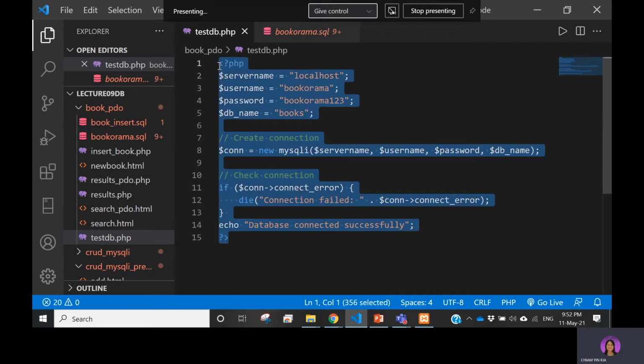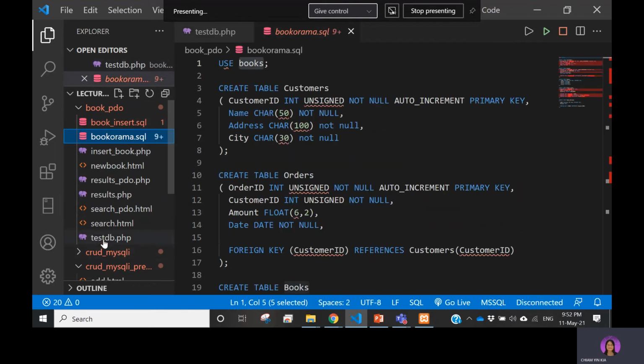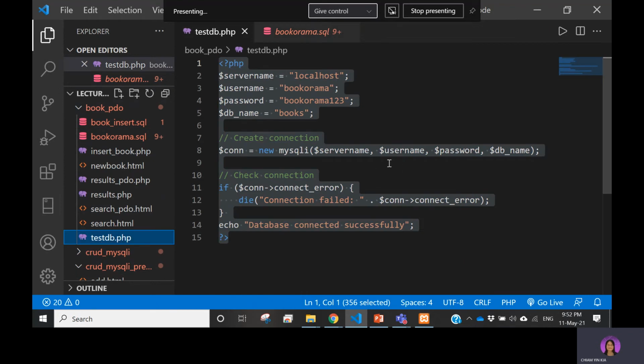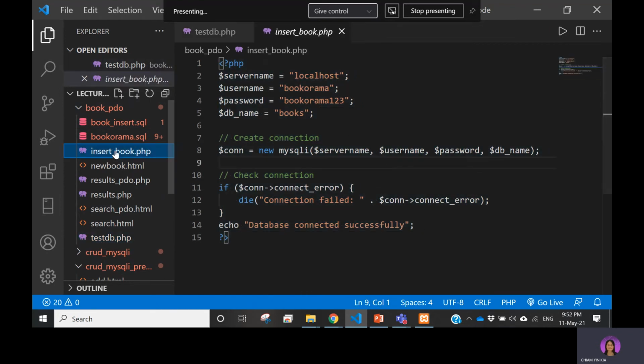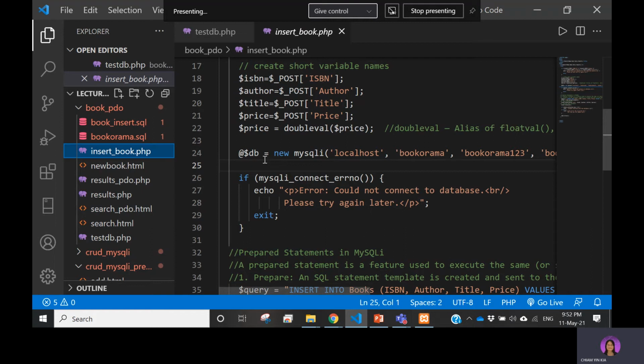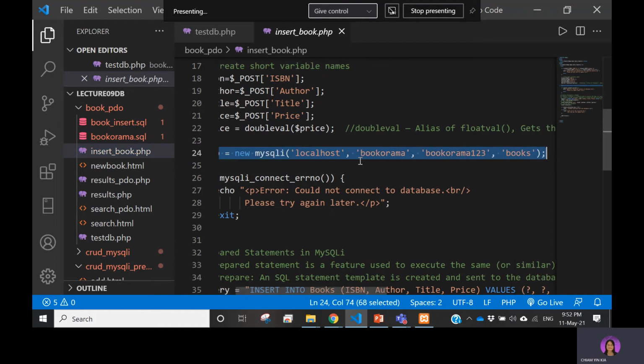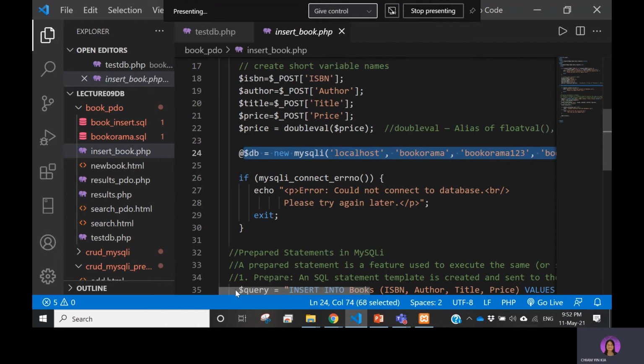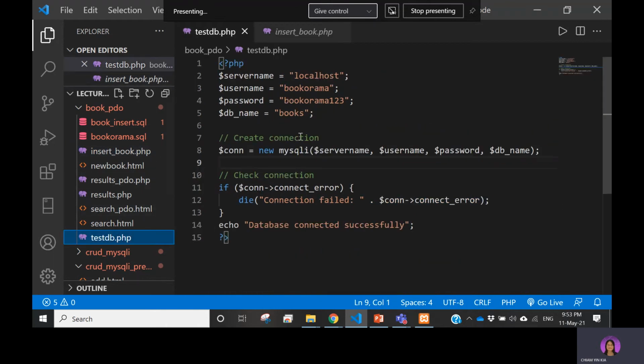This is one file that I used to check, after you create the database, whether the connection is working or not. Because the code already embeds all the database connection, they pass it in straight away instead of using the include of the config file. So this is just to test the database. From here you can see we need to create a new user called Bookorama, and the DB name is